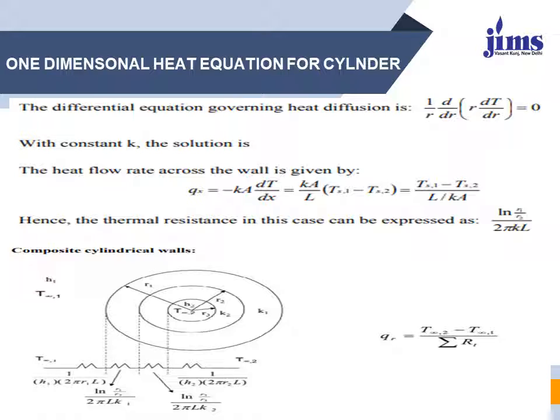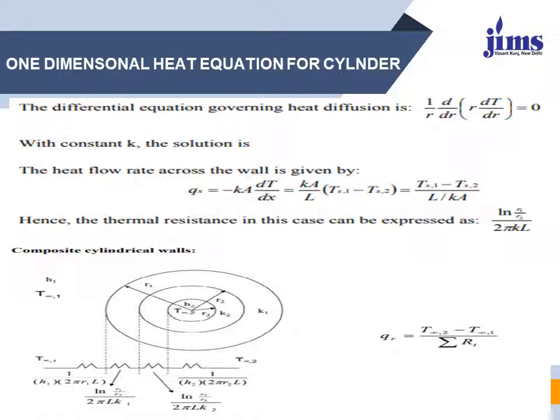If a cylindrical wall is composed of two or three layers, it is known as a composite cylindrical wall. In this figure we see a composite cylindrical wall having 2 layers with radii R1, R2, R3, maintained at T1, T2 and T3, and the thermal conductivities of the wall materials are K1 and K2. In that case both layers of the cylindrical wall are connected in series.